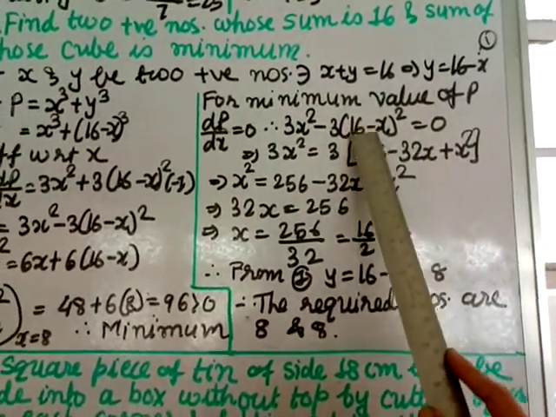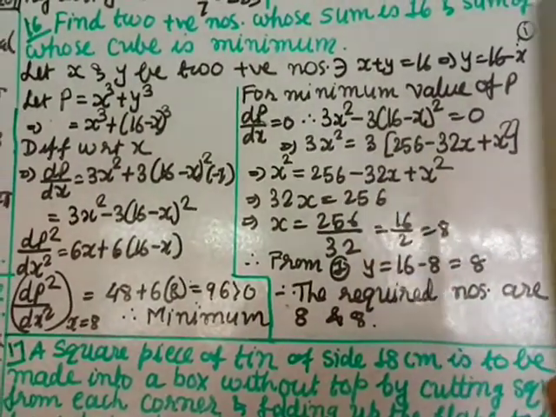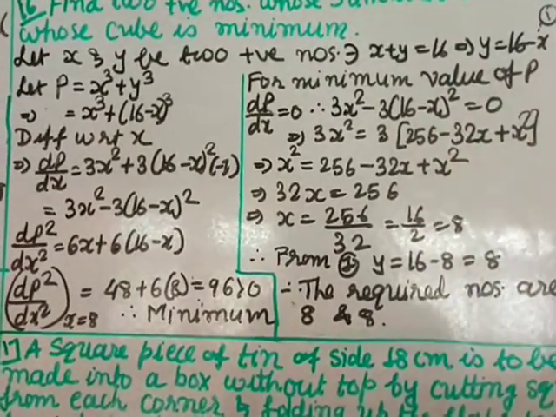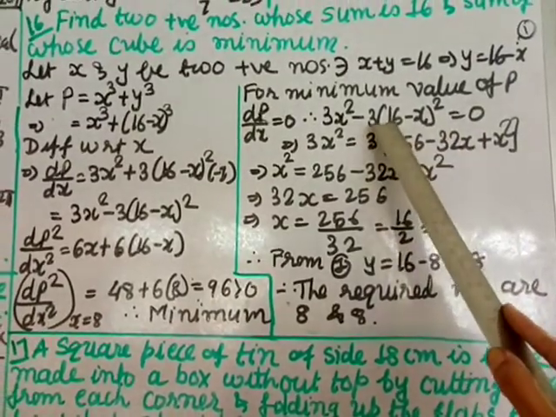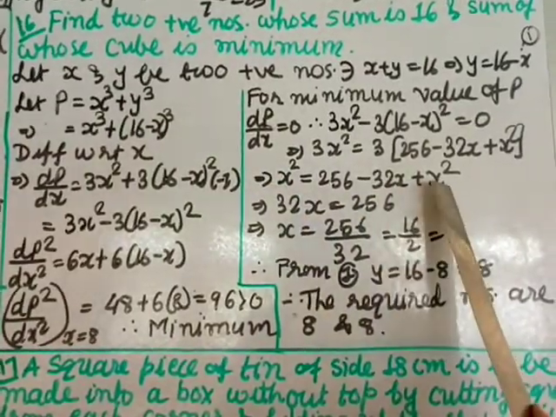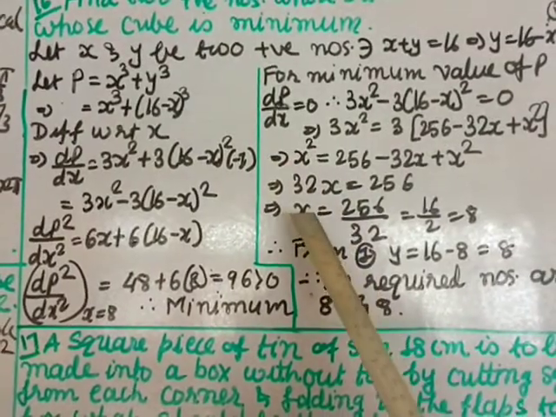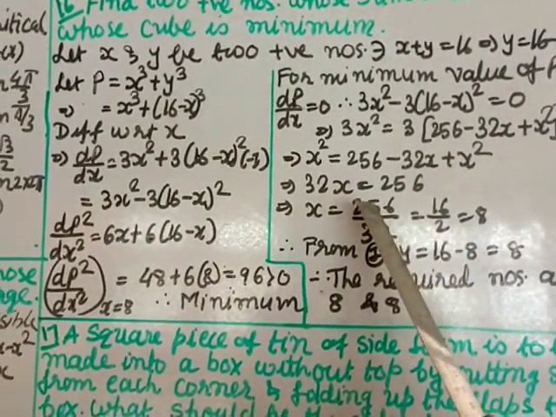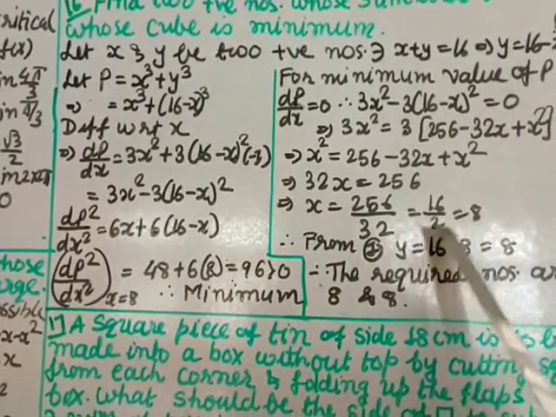Then I'm transferring here, so negative transfer here becomes positive. Okay, plus I'm expanding this (16 minus x) whole square using (a minus b) whole square. So 16 square is 256, x square is x square, minus middle term is 16 into 2 is 32x. Okay, these 3 and 3 cut, here remains x square, this x square and x square also will cancel. This minus 32x I transfer here, becomes plus 32x is equal to 256. Divide by 32, so this is 16 into 16, cut by 16, here cut by 16, so 2, so I get 16 by 2 equal to 8.